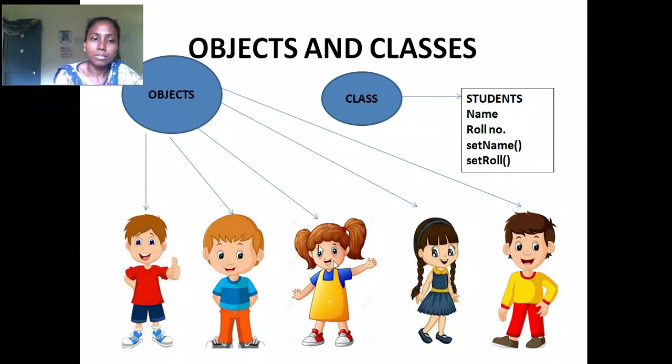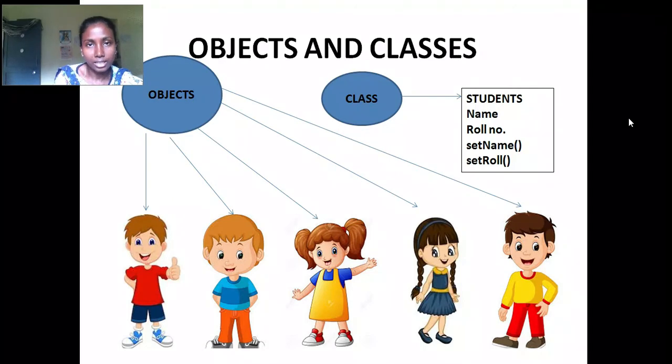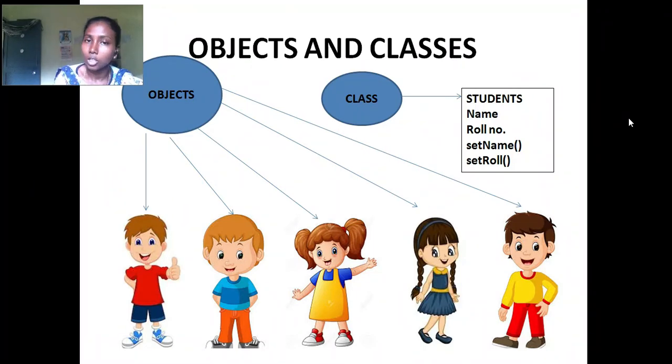Okay, so this is the view. The class is Students. When I say students, it means a number of students who belong to different classes, different names, and different sections. Saying student, we call everyone a student, and this is a logical entity because a class is a logical entity.